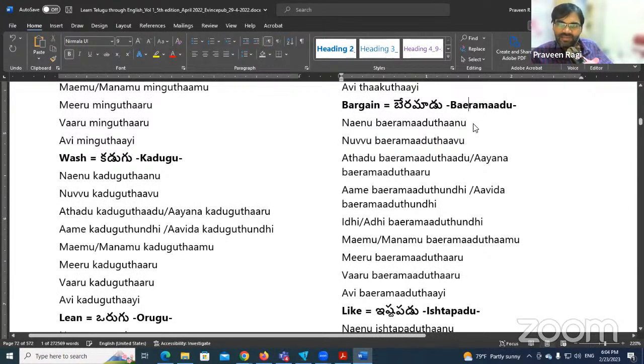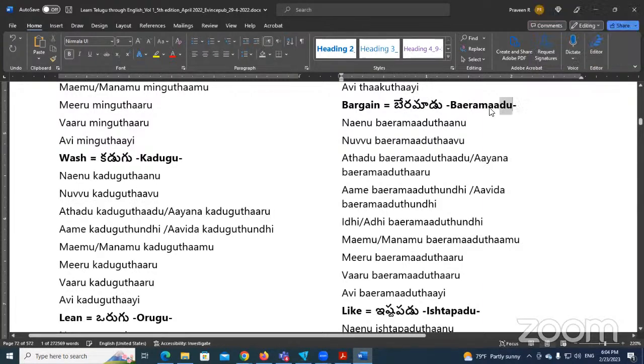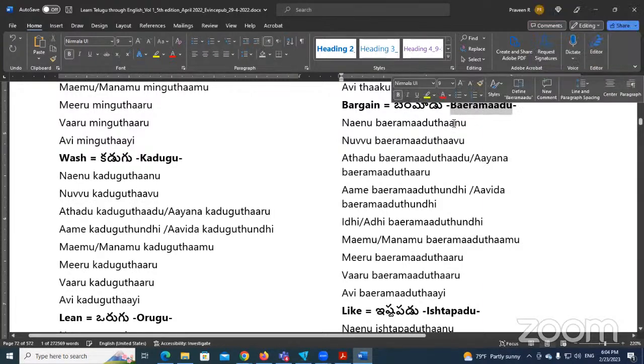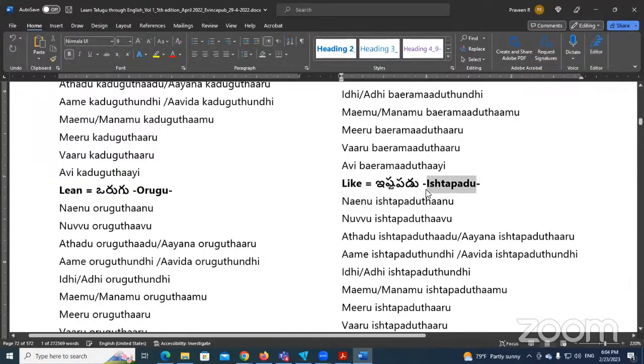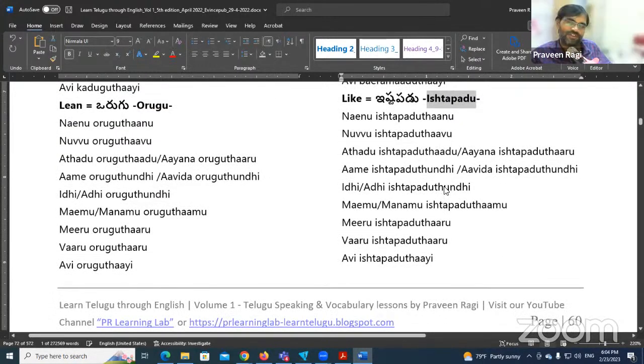So there is one more verb. Bargain means beramadu. So if I want to say I don't bargain, నేను బేరమాడను. Perfect. Like means ishtapadu. If I want to say I don't like, నేను ఇష్టపడను. Perfect. Nenu ishtapadanu, it is